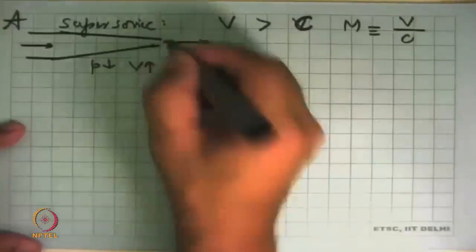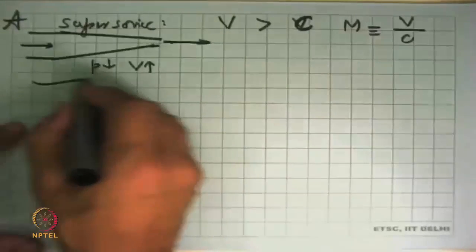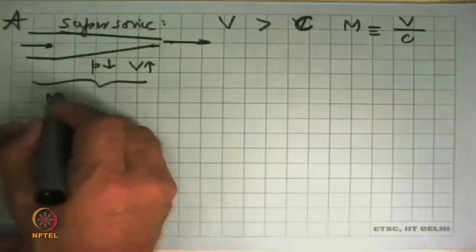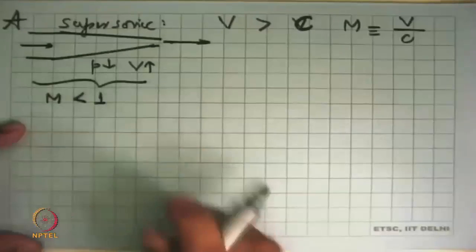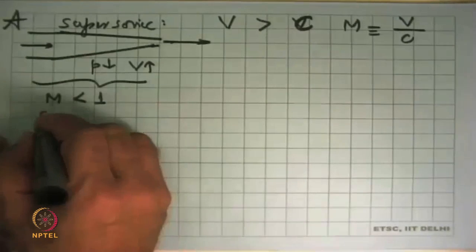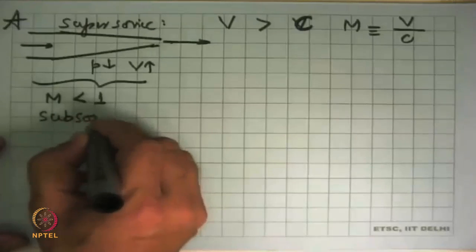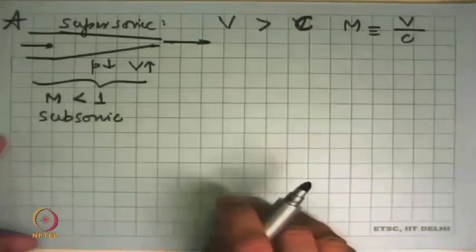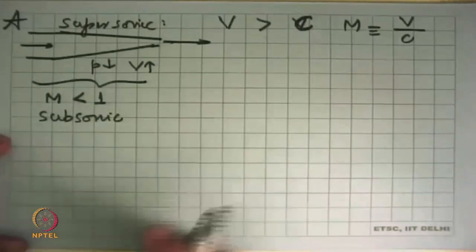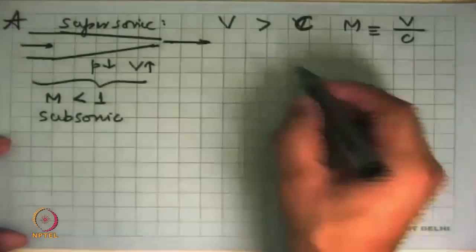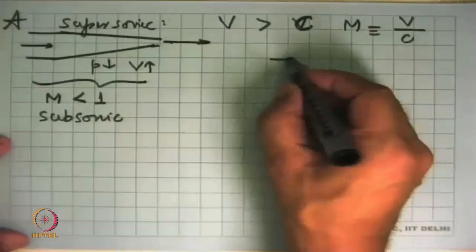But what will happen if at some point, so we are assuming firstly in this that everywhere the Mach number is less than 1. That means the flow is subsonic. This behavior is correct. And the same is the case with what we did for a diffuser yesterday.